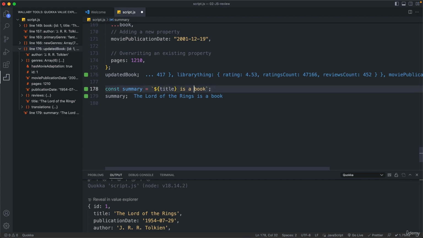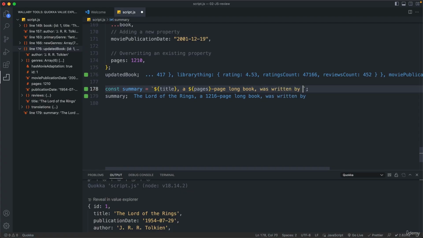Okay, but now let's create a little bit more of a nice looking string here. So let's say the Lord of the Rings is a book with a certain number of pages. So here we can use the pages variable, which remember we took out of the books object using destructuring. And so now you start seeing why it is so helpful, because otherwise we would have to write book.title, then here book.pages, and so on. So for all these variables that we're going to use here. So we say 1216 page long book